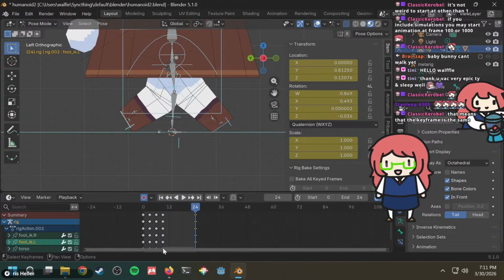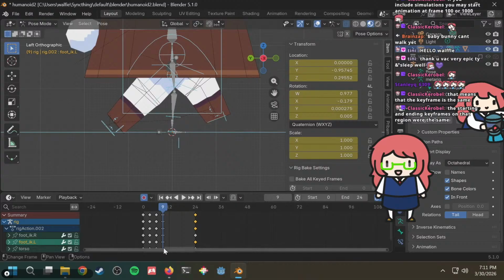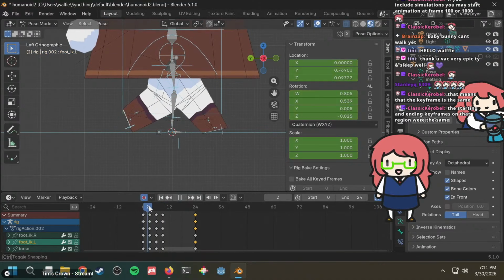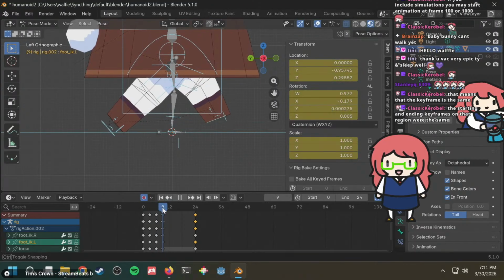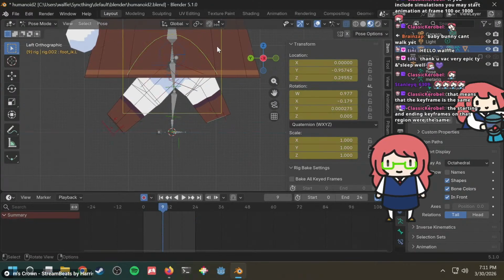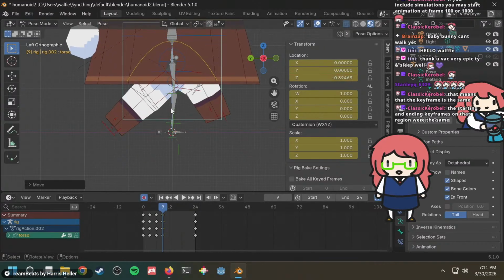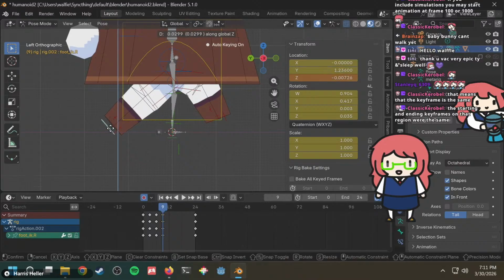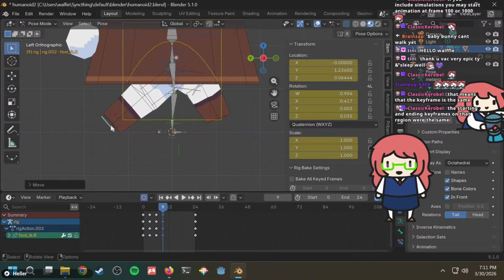Oh no, because this is the same as this, which is not what I want. Is that what I want? The torso. Starting and ending keyframes on that region where it's named. Right. Yes. Okay, so this torso goes down. It goes up. I think it goes a bit too far up though. Maybe we make it go down a little bit. Maybe like this, and then this one. Goes up. Goes here.